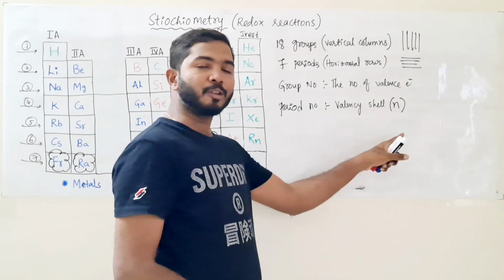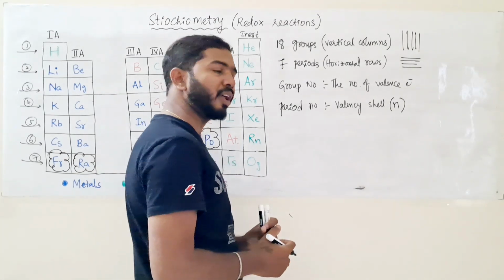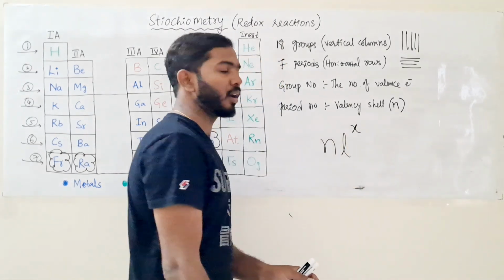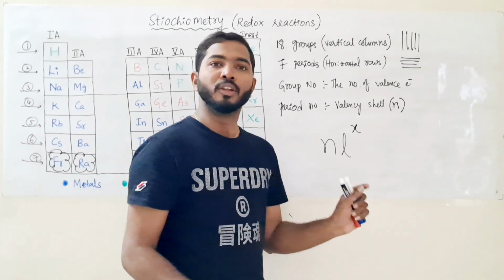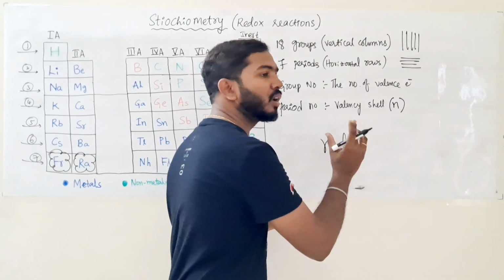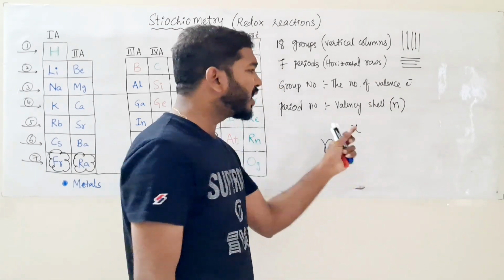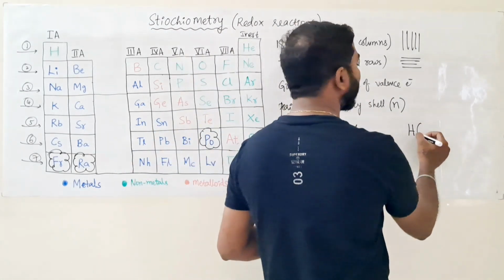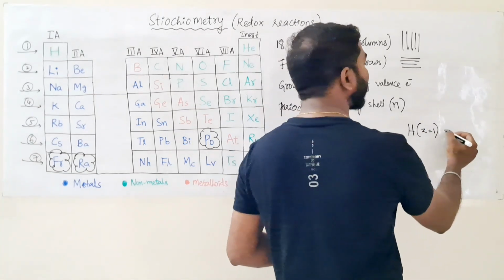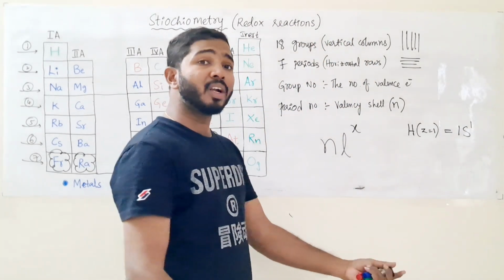We know that it is the principal quantum number. While writing electronic configuration, we generally use the NLX method. I hope you know this point. Please try to understand this. We generally use the NLX method to write the electronic configuration. So what does it mean, sir? Suppose you see hydrogen, its atomic number is 1, its electronic configuration we generally write as